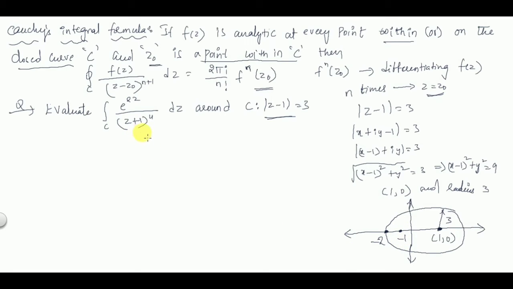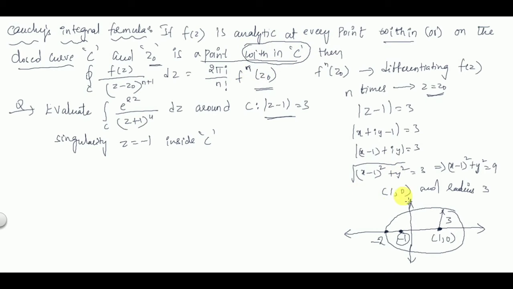So if you observe here, the pole, that is the singularity, is z is equal to -1. Equating the denominator, z is equal to -1, and you can see z is equal to -1 is inside the contour. So this is the total contour and the singularity z is equal to -1 is inside C. This condition should be satisfied first, within C, so first of all you have to check this condition.